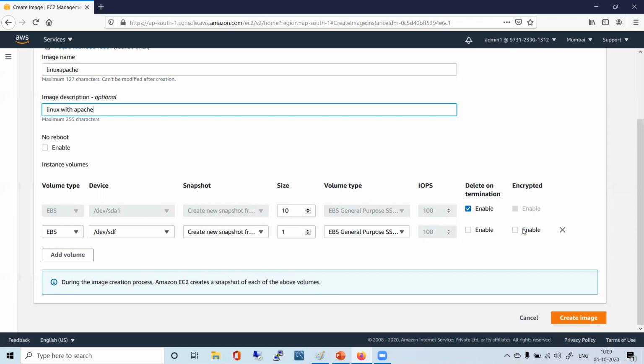Now you have additional volume as well. Sorry for interrupting. No problem. Actually, this first one, that enable one, is visible for me by default. But the second one, this 1 GB size, is not visible to me. So you are not having that 1 GB attached to your instance. That only means that volume is not attached to your instance. So that should also be seen in green. If it is blue, then it is not attached. You can attach that. Correct. So your volume is not attached to your instance.